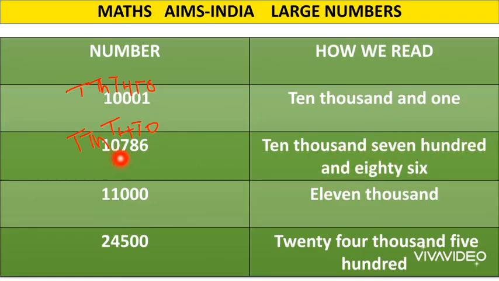Now these two digits at the front, we have 1 at 10,000's place and 0 at thousands place. 1 is at which place, children? 10,000. So its place value becomes 10,000. We simply read this 10,000 along with 786. The whole number will be read as 10,786. Okay children? 1 is at 10,000's place, so the place value becomes 10,000. 7 is at hundreds place, so we read it as 700. 8 is at tens place, we read it as 80. And 6 is at ones place, so we read it as 6 only. 10,786.